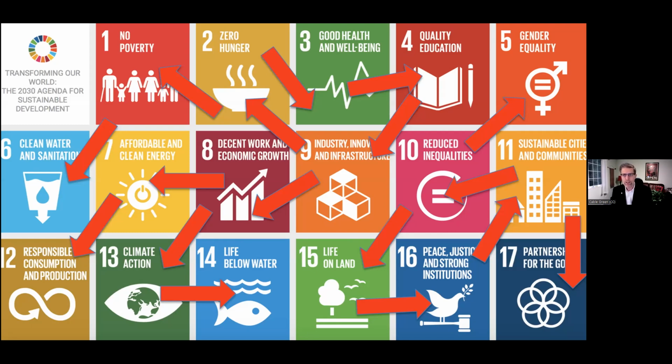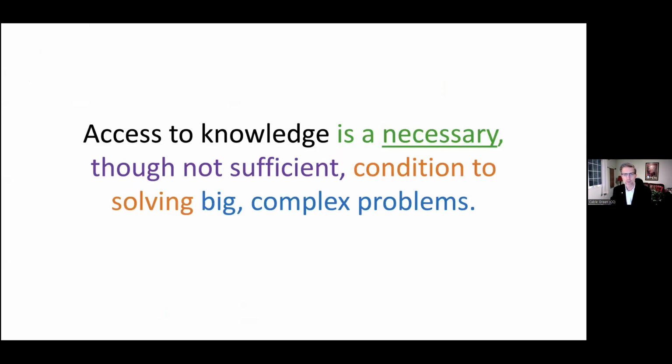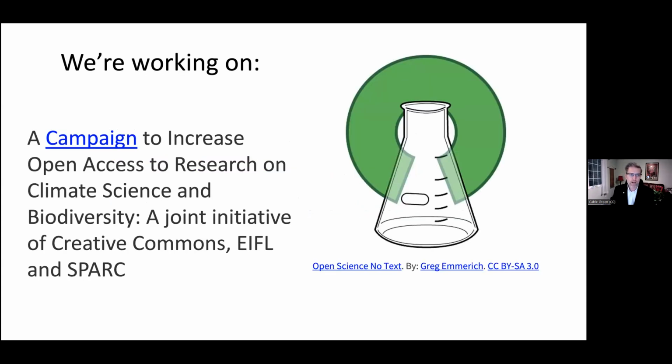No, I would argue. If there are significant inequalities in wealth and access to resources, are people who are suffering on the low end of inequalities going to pay attention to climate change? Odds are not as much, right? All of these things are interlinked. We can't just focus on one. We have to focus on all of them. And so this is where I come back, right? It's open knowledge, think of it as infrastructure to solving these big problems.